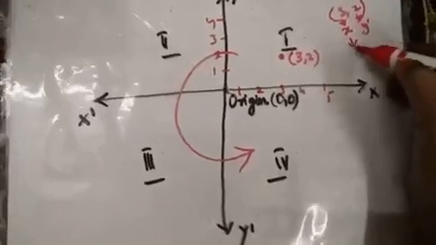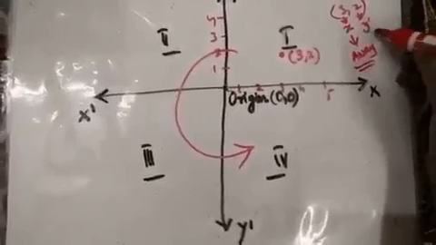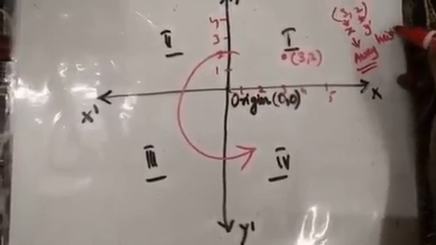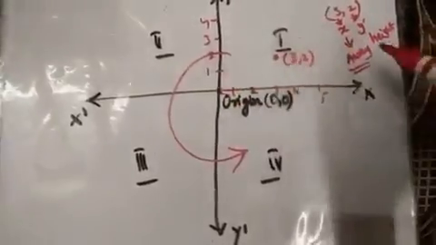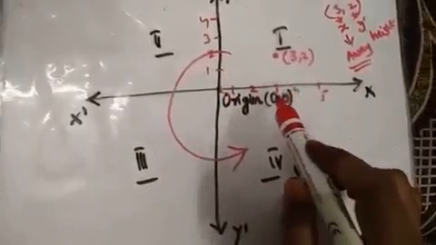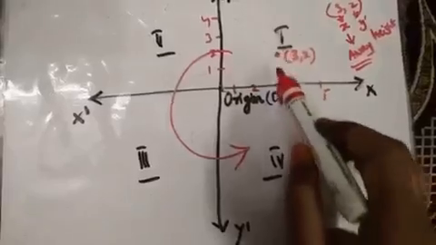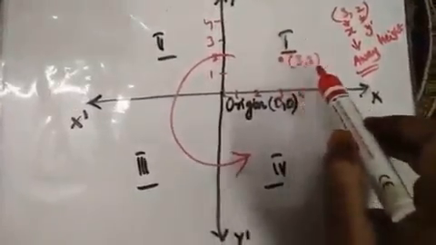The x-axis always shows how much the point is away from the origin. Y is saying the height from the origin. So it is also away, but to differentiate, you can understand that x always shows how much it is away from the origin, and y always shows the height from the origin on an x-axis. So like this we are having the point.